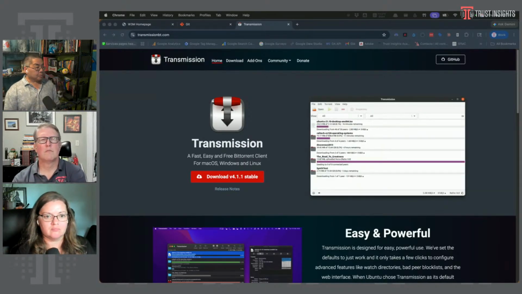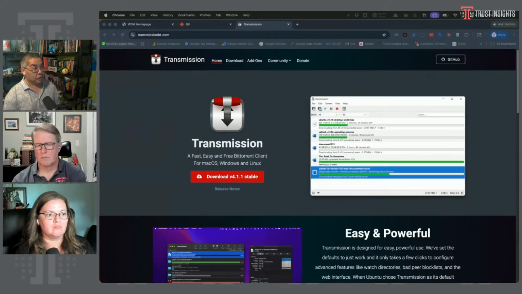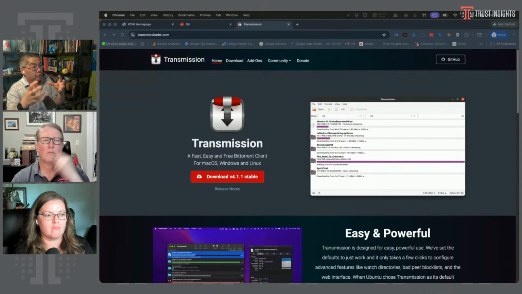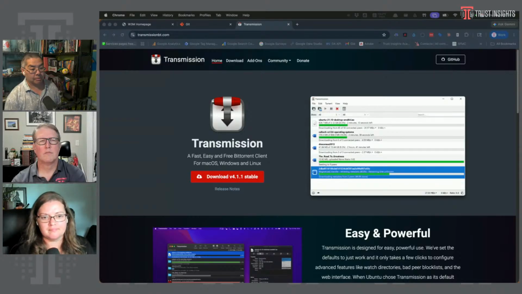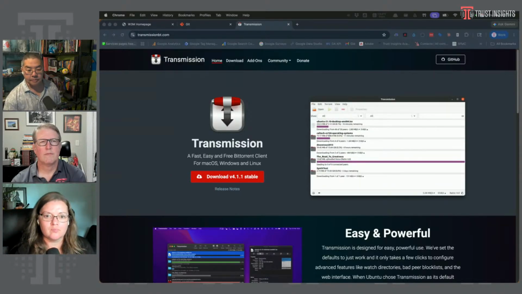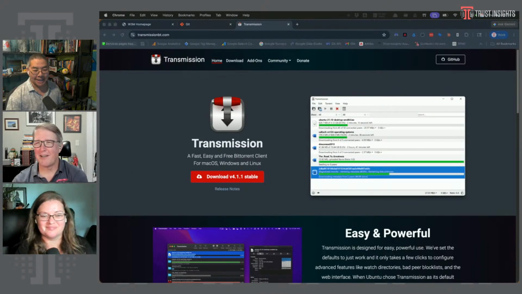Early this year, when the U.S. Department of Justice released a whole bunch of files, one of the formats available was torrent, which takes the load off of having one central file server that's trying to share the whole thing. It basically forms a peer community. So this is one of my favorites for that type of application. Yeah, be mindful of your settings on that. Don't open it up wide to let the whole world have unlimited data if you're on some kind of data plan.